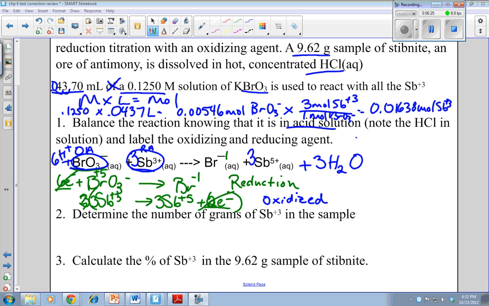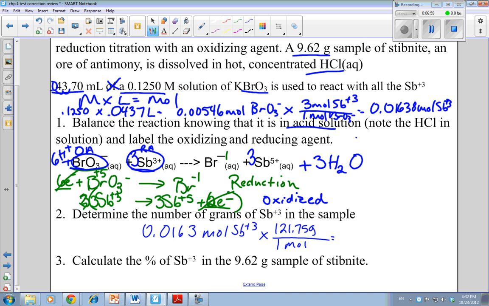The next step, after we know our moles of Sb+3, is to find the grams. So I'm just going to add it down here. We know our moles of Sb from what we calculated, 0.0163 moles of Sb+3. Then I convert that by using the molar mass. Antimony's molar mass is 121.75 grams per mole. I just multiply that out. Since I have quite a bit smaller than a mole, that comes out to be